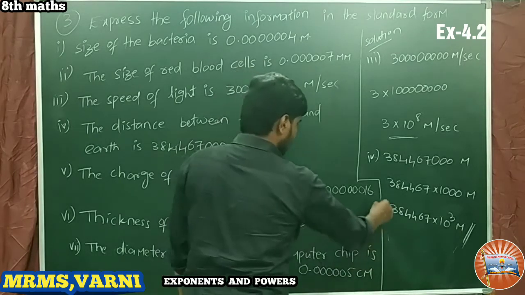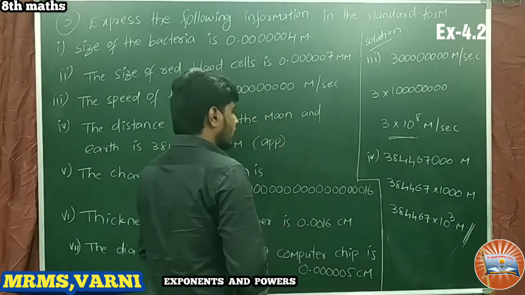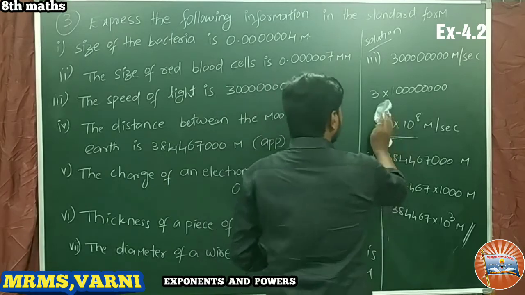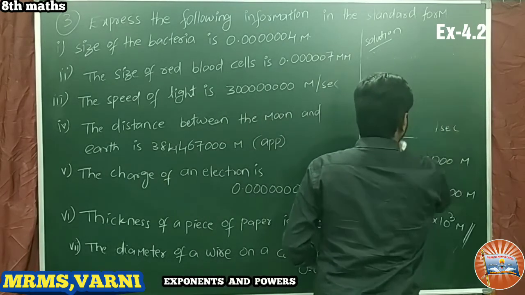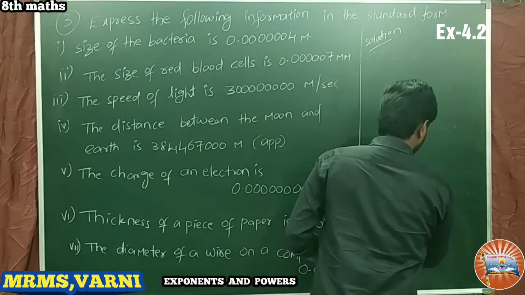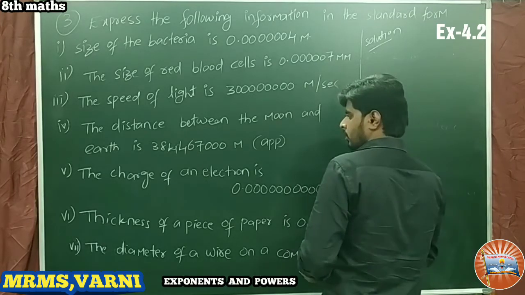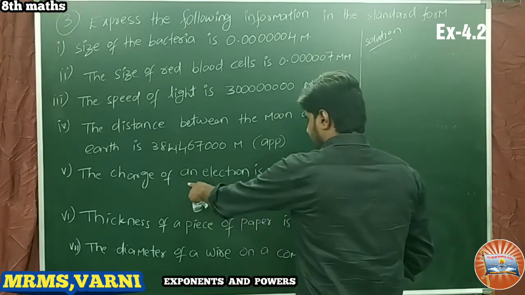This is the problem number 4. Next we go for problem number 5. What is the question? The charge of an electron is